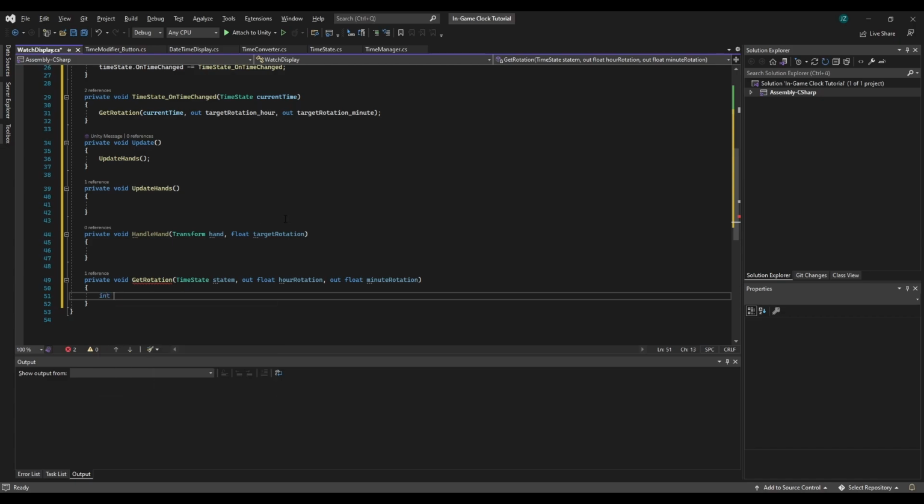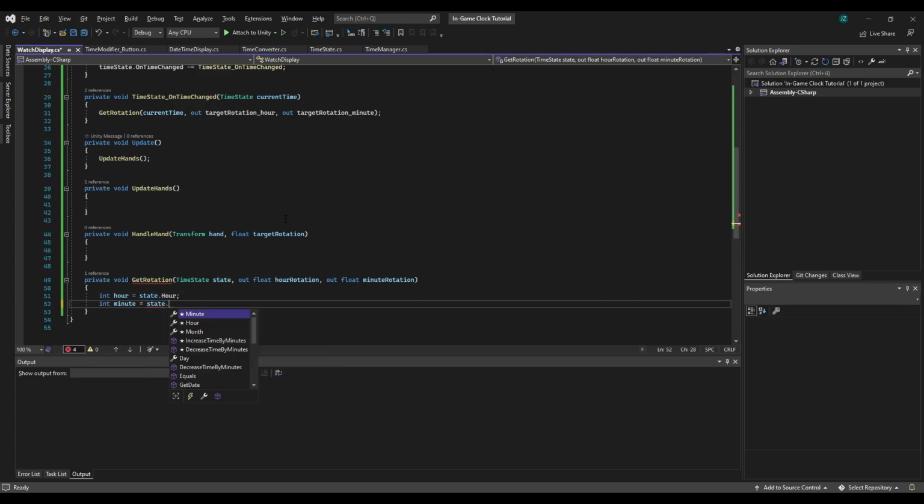Now in here we can set the hour equal to state dot hour and minute equal to state dot minute,